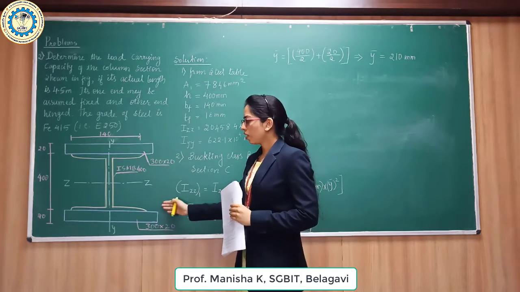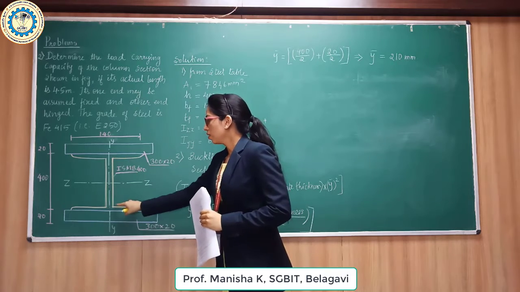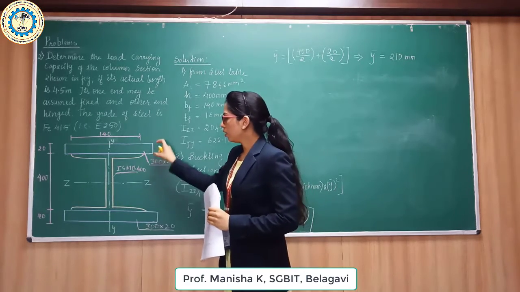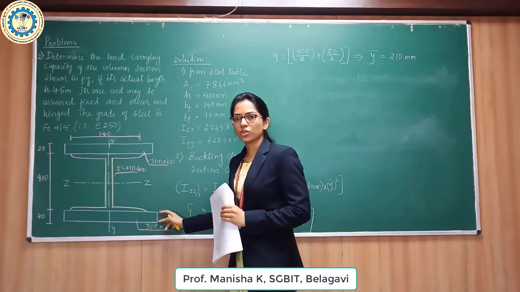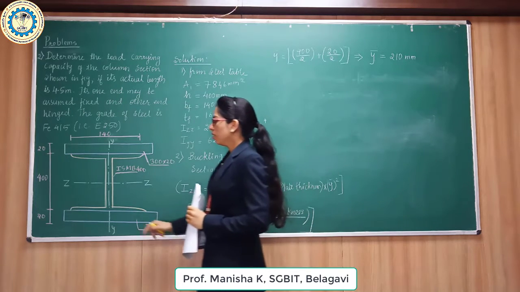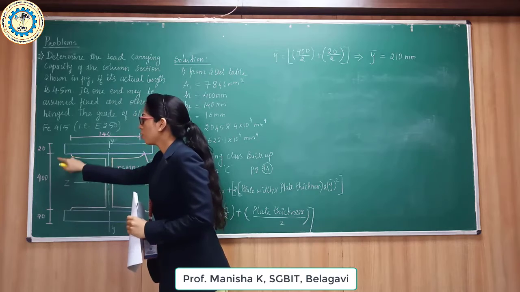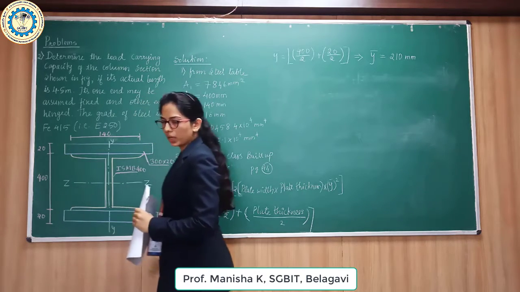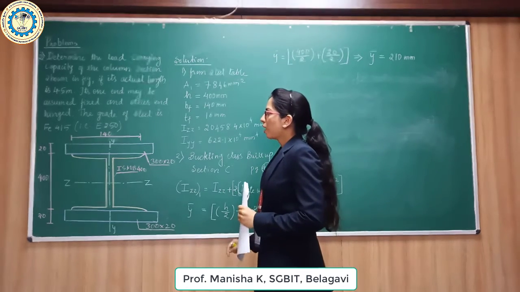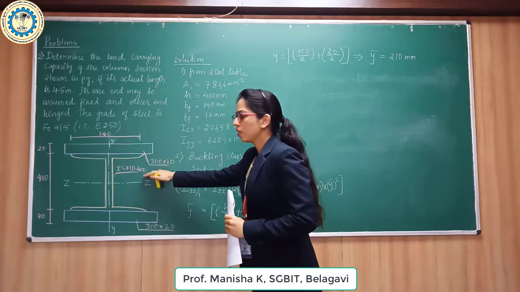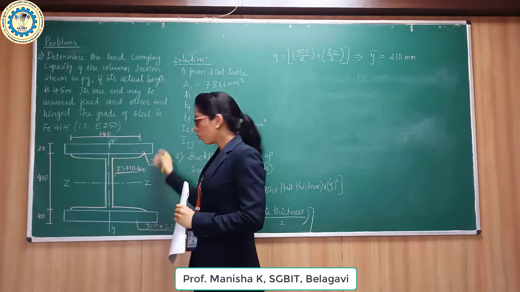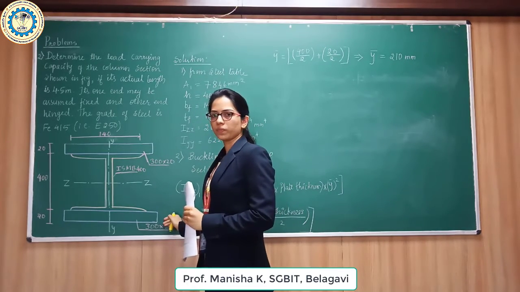Fine. So in this figure, this orange color section is known as ISMB 400, and over there are two cover plates they have attached of size 300 by 20 mm. And these are nothing but the thickness and height of a section and plus thickness of a plate. So in this we have to find out the capacity of this ISMB 400 and these two plates, capacity of this whole built up section.